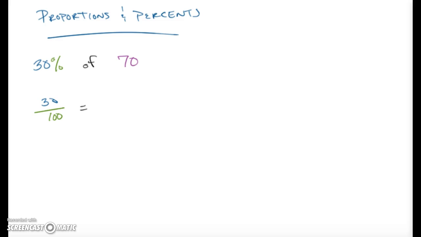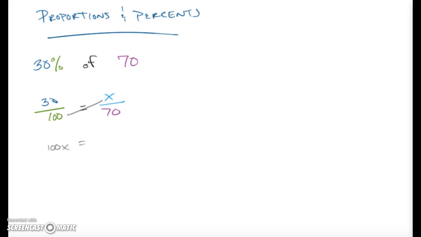30 out of 100 is equal to what out of 70? Out of 70, because I'm saying this is going to be a proportion. 30 compared to 100 is equal to what amount of 70? Okay, I'm going to cross multiply here. I have